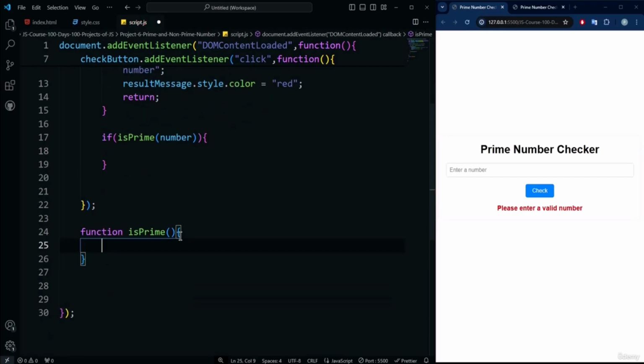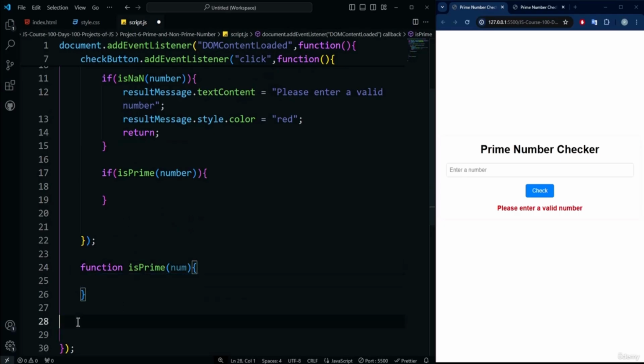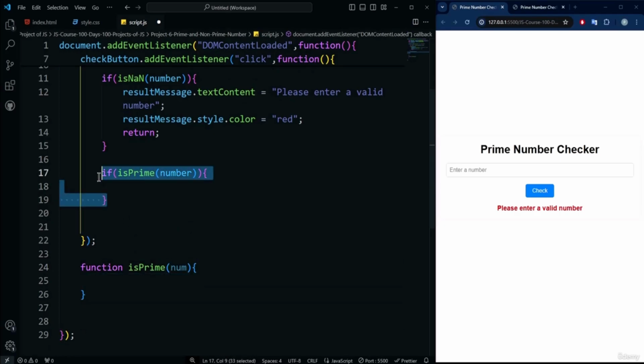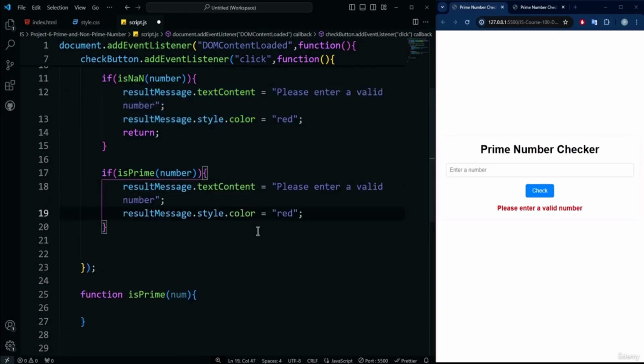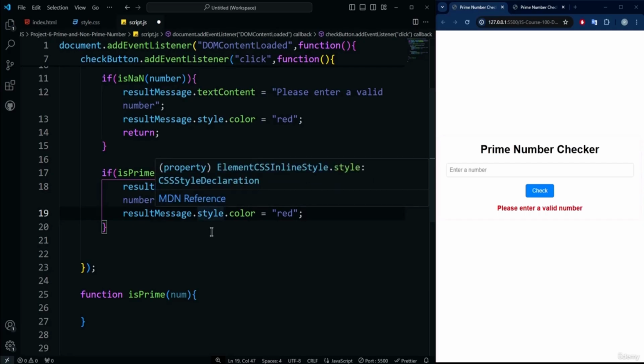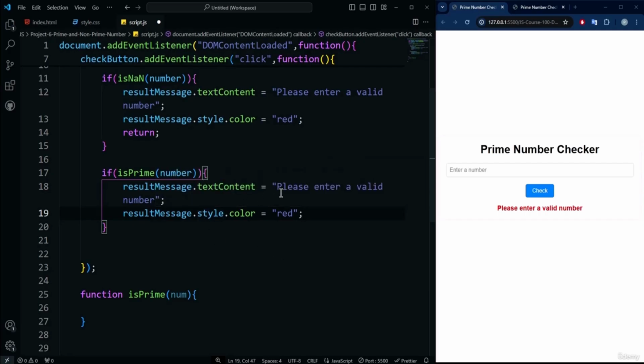Now this particular function is going to accept one parameter, so I'm going to write it here short. But before completing this function, I'm going to complete these if statements. The first one is used to get the result message. So here I'm going to copy these 2 lines of code and paste them to save a little bit of time. Again, we need to update the text content, but at this point of time,